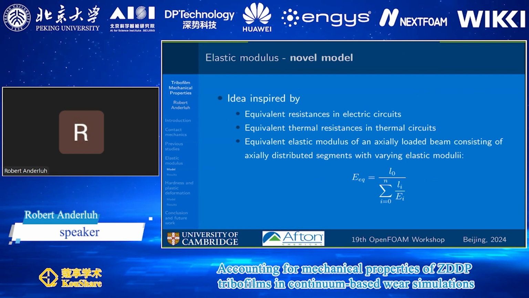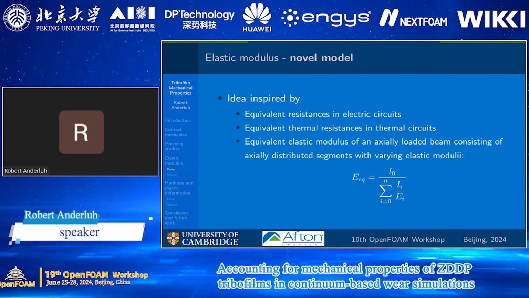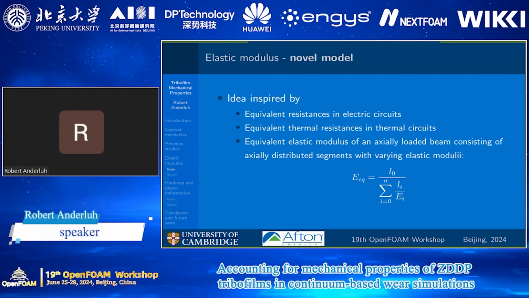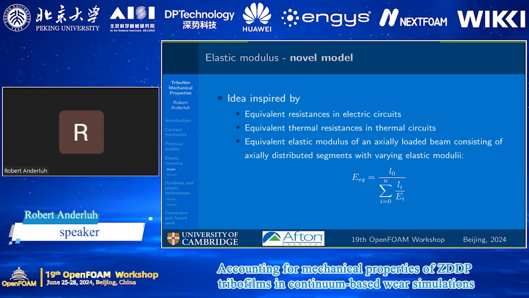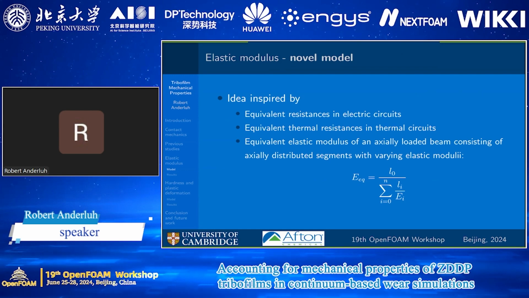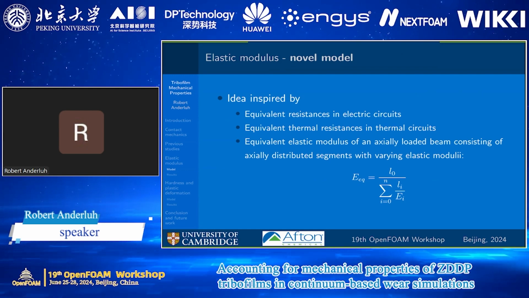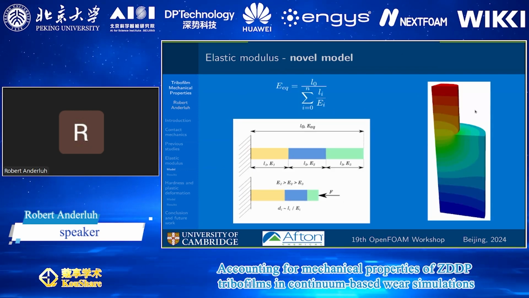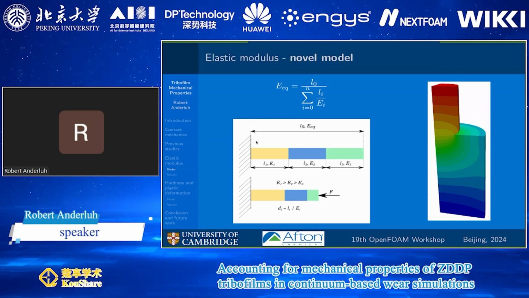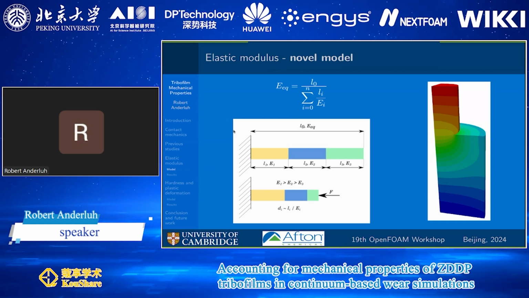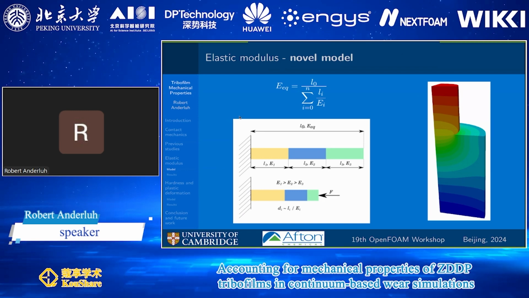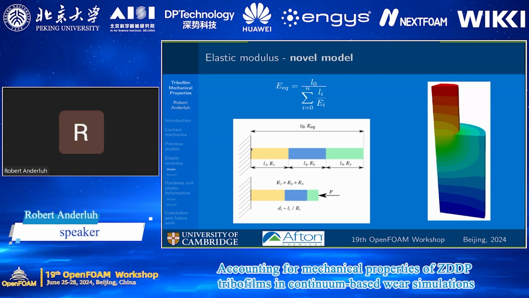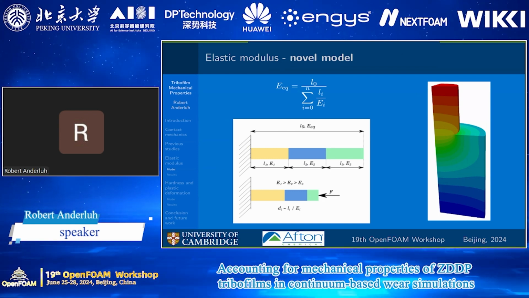So the idea is inspired by equivalent resistances in electric circuits or equivalent thermal resistances in thermal circuits, which are very similar ideas to one another. Or the equivalent elastic modulus of an axially loaded beam consisting of axially distributed segments with varying elastic moduli. To give you a better idea of what I'm talking about, if we have a case with three different segments with three different, let's say, lengths and elastic moduli, we can use this formula to calculate the equivalent elastic modulus of the whole total segment,